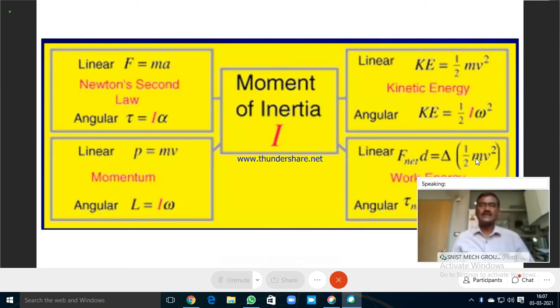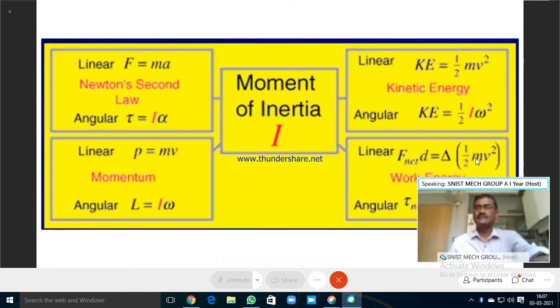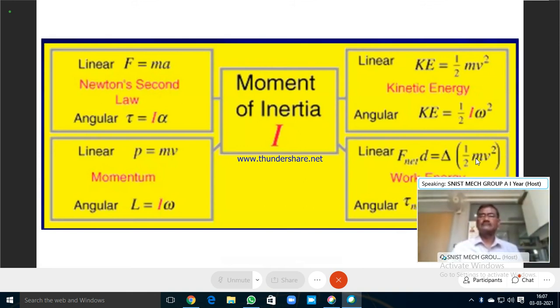Okay, shall I proceed? What do you say? Yes. Now we'll be discussing in the beginning area moment of inertia, because it's very important as far as the strength of metals is concerned, or the design area of mechanical engineering. Area moment of inertia plays a vital role in the design field and in strength of materials. So that we'll be discussing in the beginning, and the dynamics part, rotation of rigid bodies, will be the second topic of our discussion.